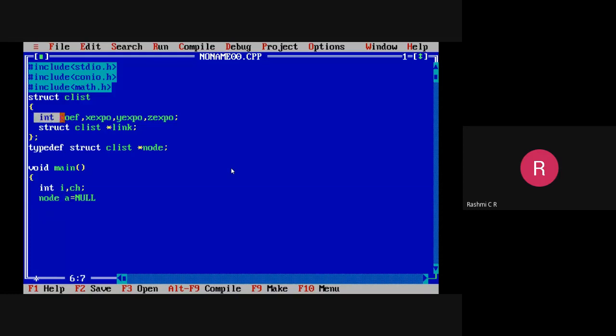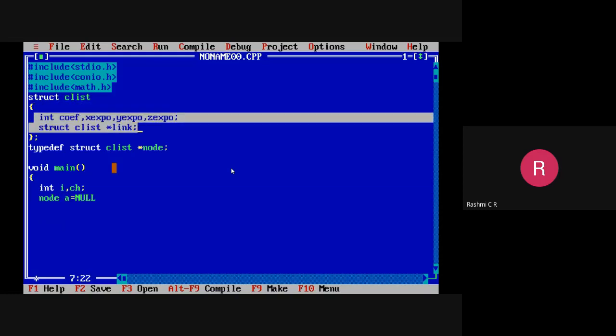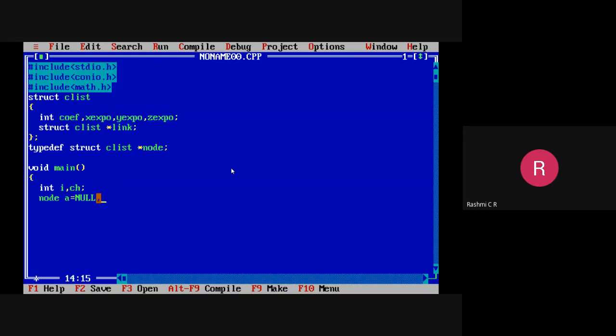It can hold all the values of data and the link part. Similarly, I'll define b and c. A is the first polynomial, B is the second polynomial, C is the final resultant polynomial after doing the addition. Okay, so go with the while one to display all the choices.